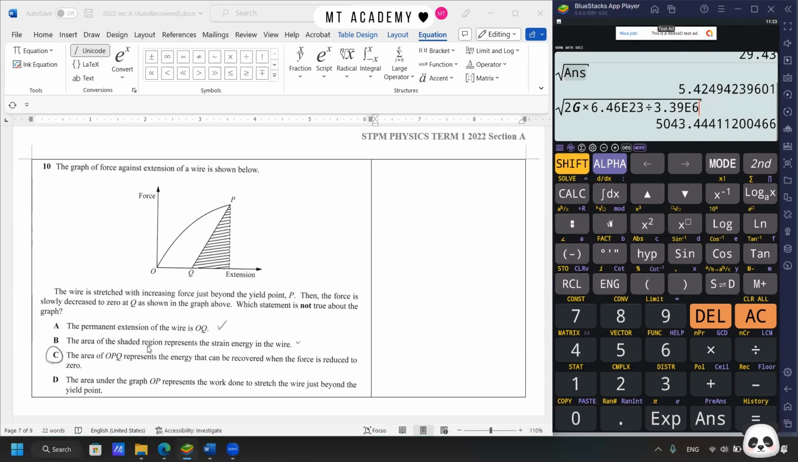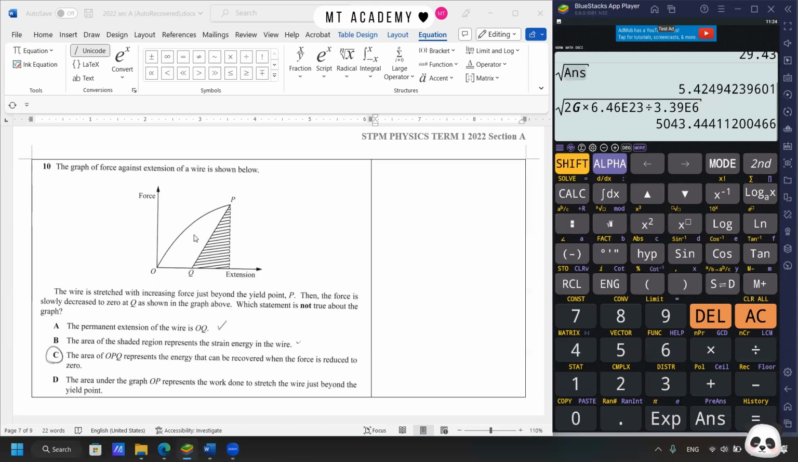Next one: the area of the shaded region represents the strain energy in the wire. Not so true, but yes, also. The area here is the energy recovered when the force is removed. Next is C: the area of OPQ represents the energy that can be recovered when the force is reduced to 0. Okay, this is definitely wrong. The OPQ here is the energy loss, because the work applied on the wire is beyond the yield point. A permanent extension means that there will be an energy loss that cannot be recovered,